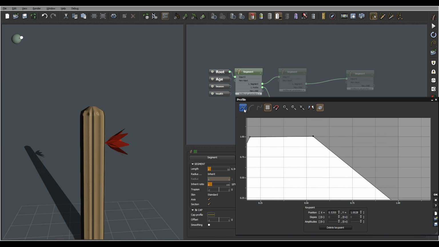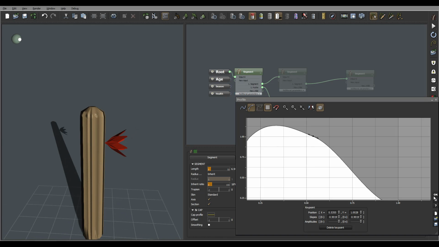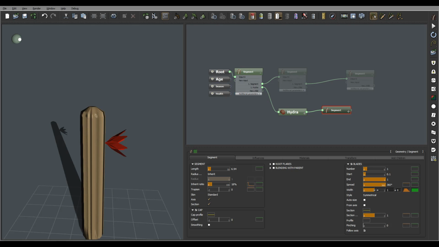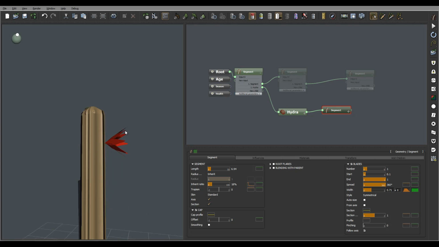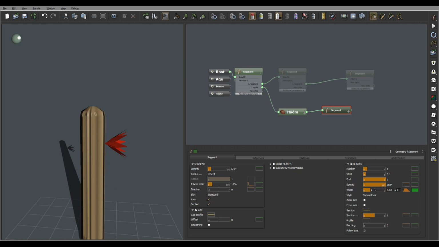Okay, and let's make it a bit roundy. Okay, and next let's modify width, make it a little bit thinner. So you can see we have a nice flower start come up. We can bring width even more